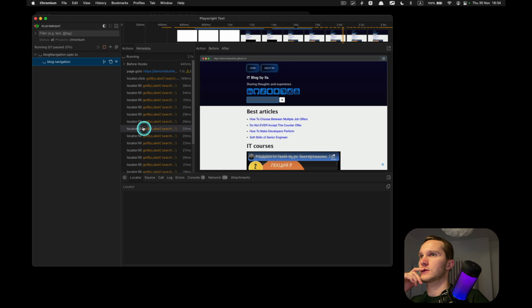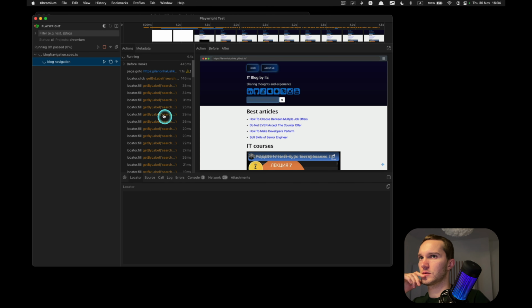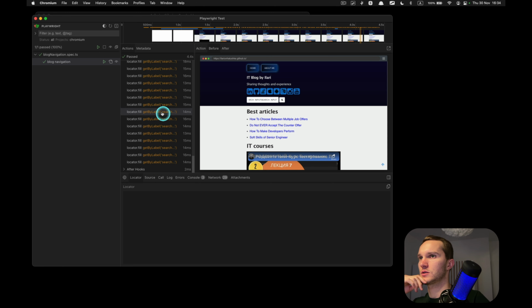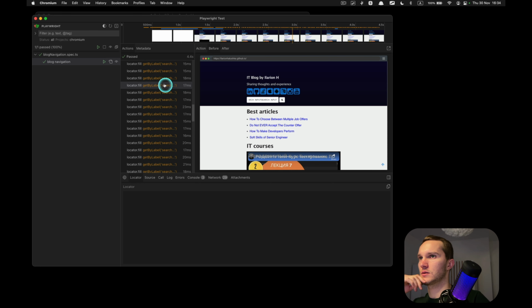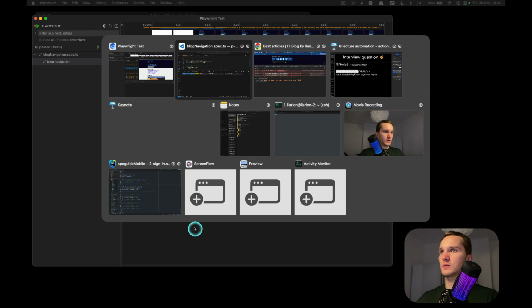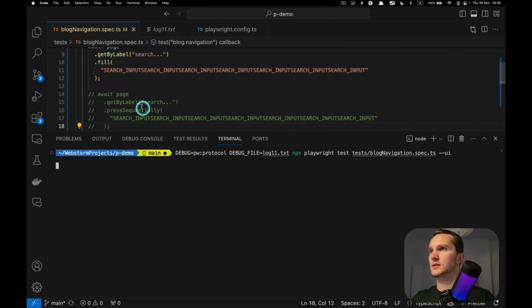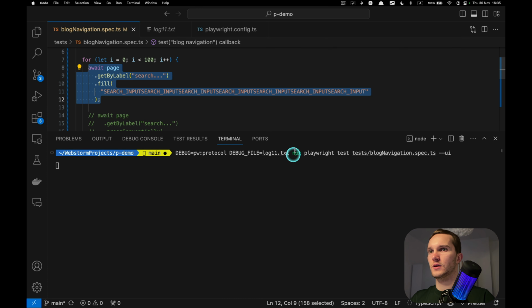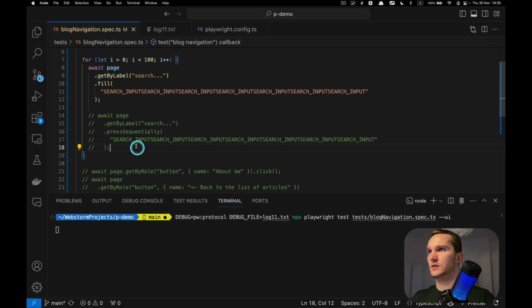All right. Each one of these insertions takes around 15, 20, around 20 milliseconds. And we can do it even faster if we want.